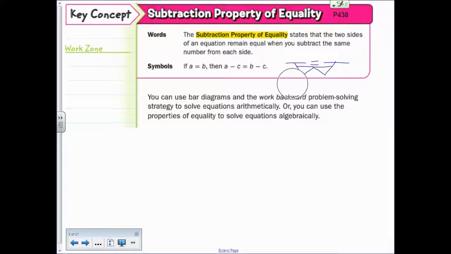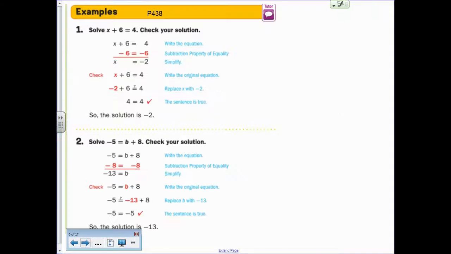So that there's something teetering. There we go. That's what I really wanted. I wanted to draw like a scale. So whatever we do to one side of the equation, we must do to the other side of the equation. The subtraction property of equality says you can subtract the same thing from both sides, and it will keep it equal. So if we take a look at examples 1 and 2,